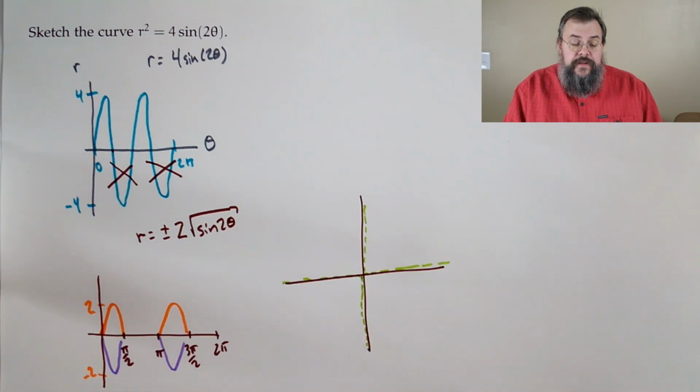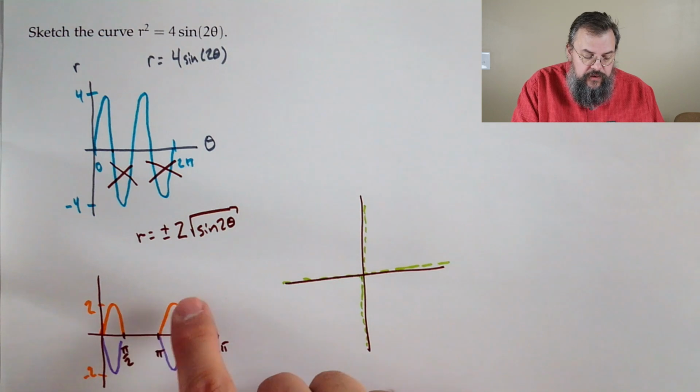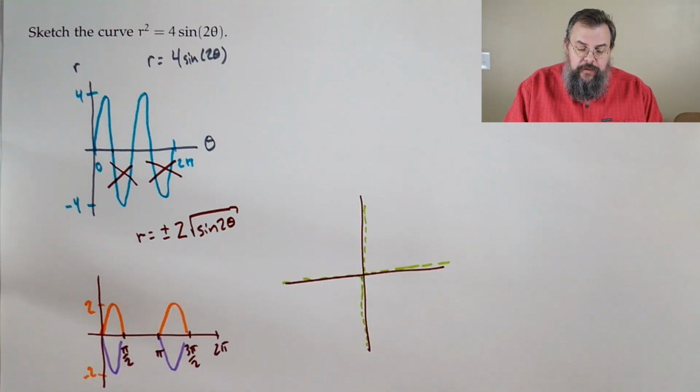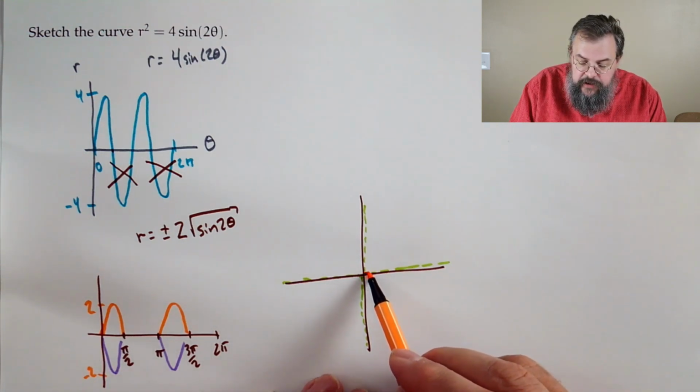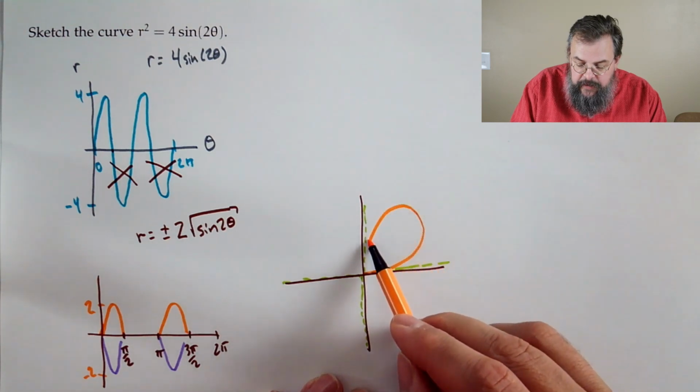So let's sketch our curves. First off, r equals the positive part, 2 square root sine 2 theta. Well, what happens? Between 0 and pi halves, you come out a little ways,